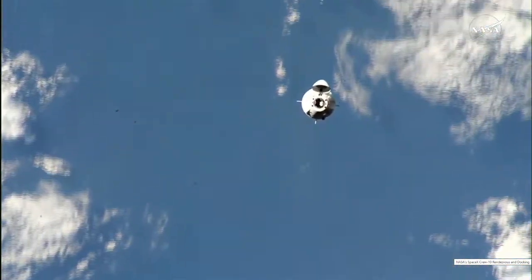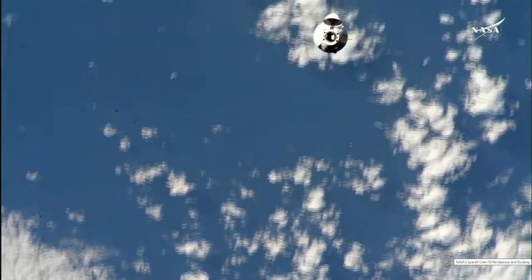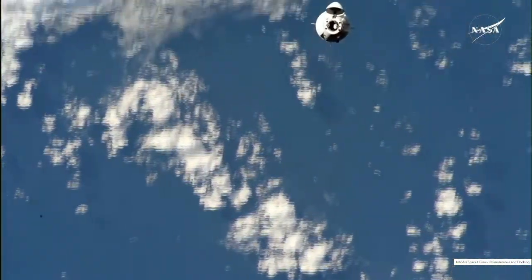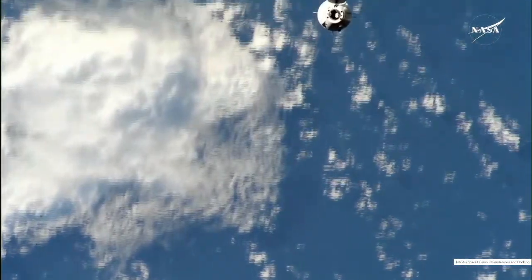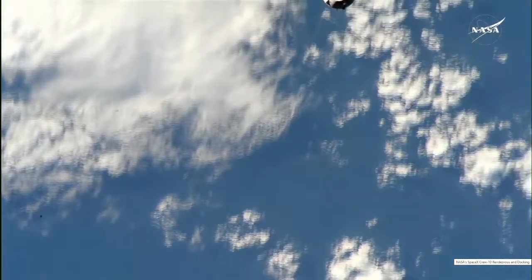And so after that, as we make that initial capture in the grand arrival, when Crew-10 arrives at the space station, Dragon will fly in and make contact with those international docking adapters, giving us what we call soft capture. And the soft capture ring then retracts until sensors indicate it's time for 12 hooks, 2 sets of 6, to drive in place to give us a hard capture and firmly secure Dragon to its new home on the space station. Then the station crew, namely NASA astronaut Butch Wilmore, will manually pressurize the vestibule, or the...